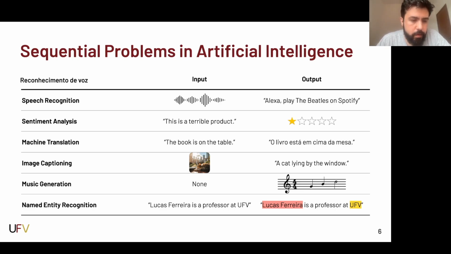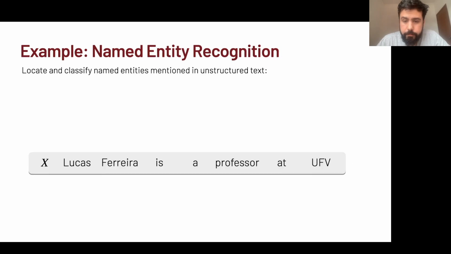Okay, this is just to say that there are a lot of classical problems that we need to somehow use sequential models to solve. So let me now dig deeper into this named entity recognition problem, because I think it's a good way to start thinking about RNNs. So formally, in named entity recognition, we want to locate and classify named entities mentioned in